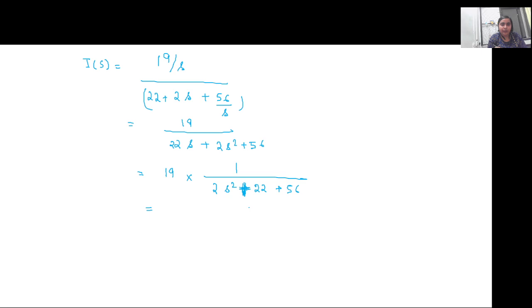How will we proceed? We can take 2 as a common factor. Right, so the first step is to free the s square term. So it will be s square plus 11s plus 28. Then